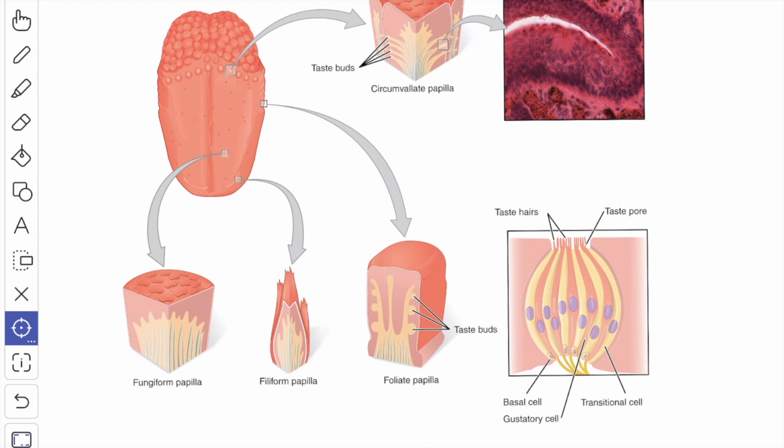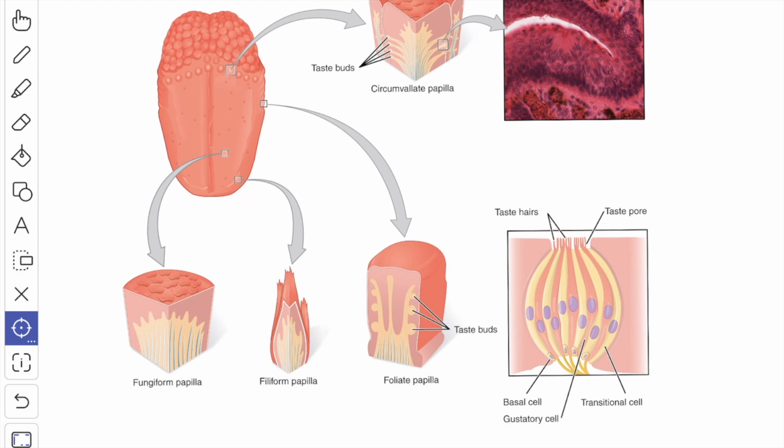Each taste bud is made up of slender spindle-shaped cells which are pale, and these are known as the gustatory sensory cells. Other cells are the supporting cells. Each bud opens on the surface of the epithelium by an aperture known as the gustatory pore, through which the gustatory hair made up of microvilli projects.